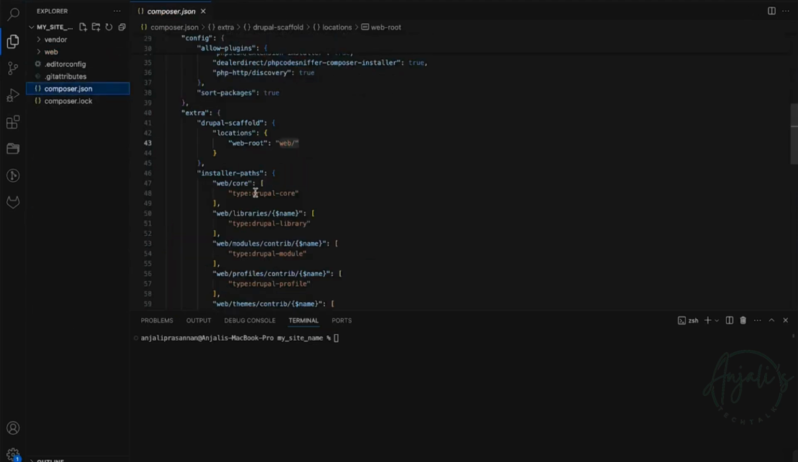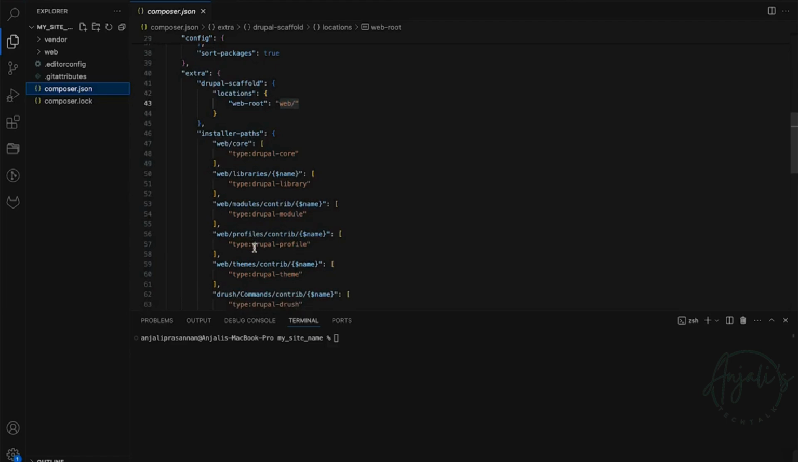Now let's look into the installer part. Whenever you install or add a package to the project, how will it know where this particular package should be placed? That is specified using installer paths. Suppose you are installing a contributed theme or a contributed module. The installer path will